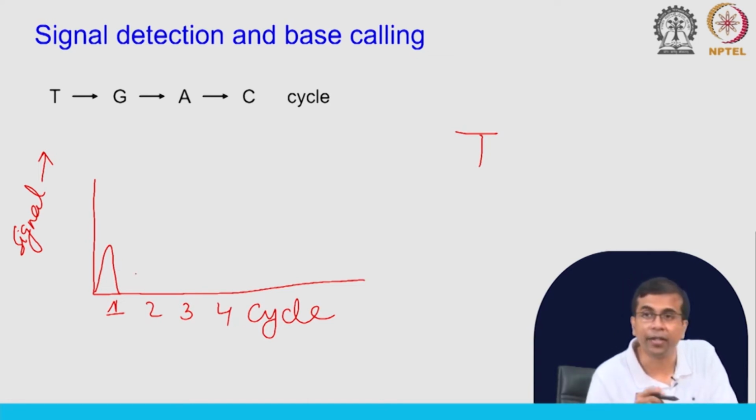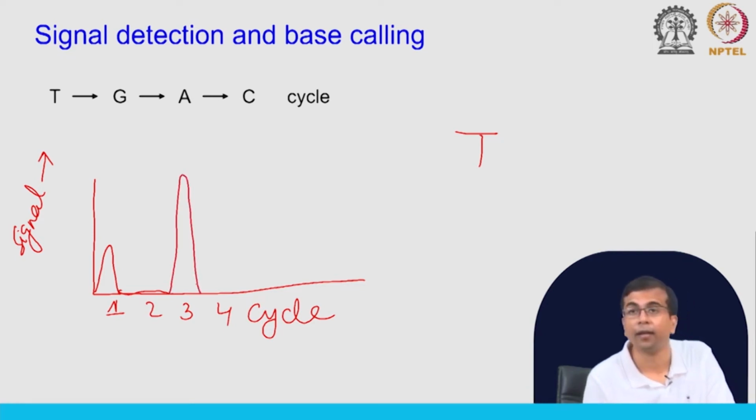Next we give G. We wash away T, we give G. Is there any signal? No, there is no signal. So, there is no G base here after T. Next is A. Is there any signal? You see, yeah, there is quite a bit of signal, and this signal probably comes from